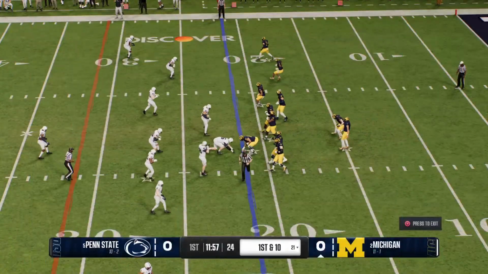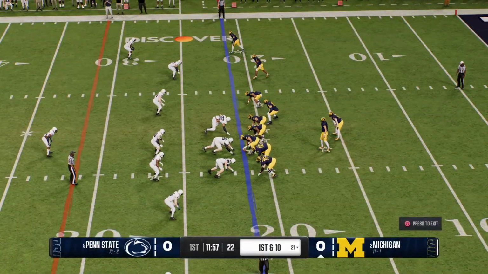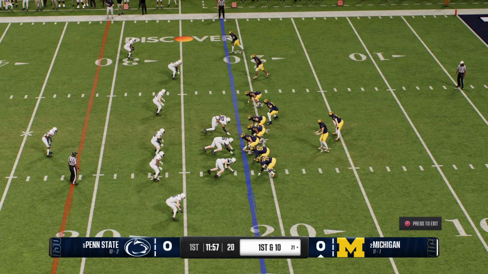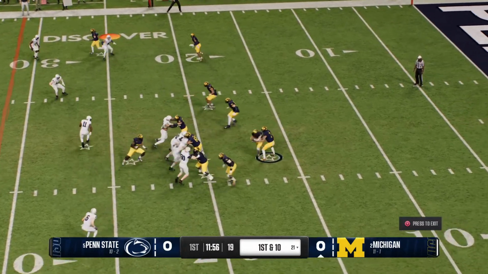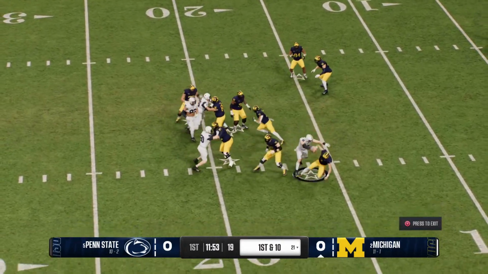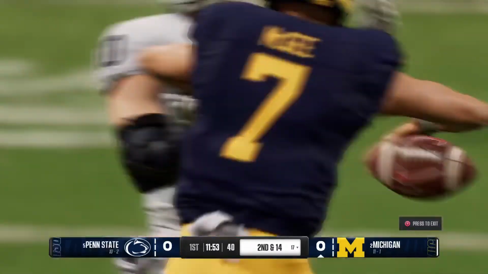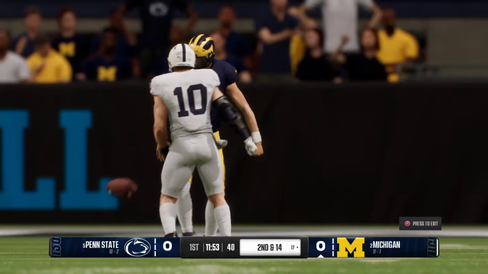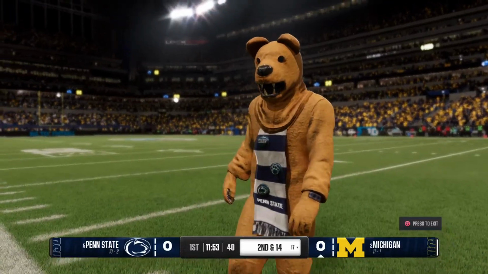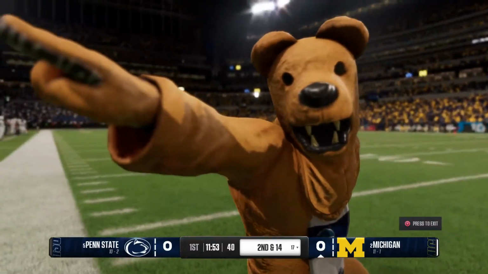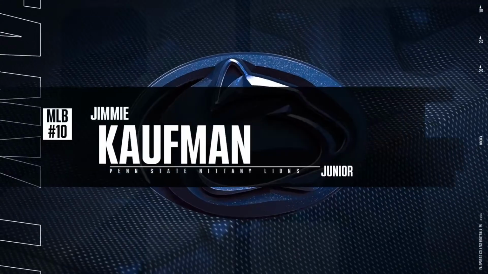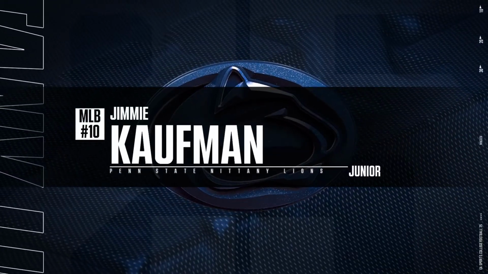First down here for this offense. Off the play fake, looking to throw. Running out of time in the pocket. Down goes the quarterback. It's a sack. Love the call here by the defensive coordinator to call this linebacker blitz to come up with a sack. And over the years, Penn State blitzes these backers and is more effective than maybe any school in the country.